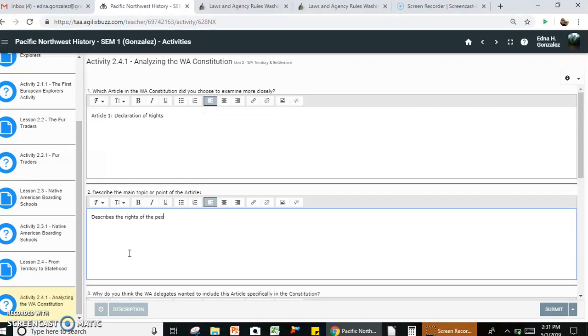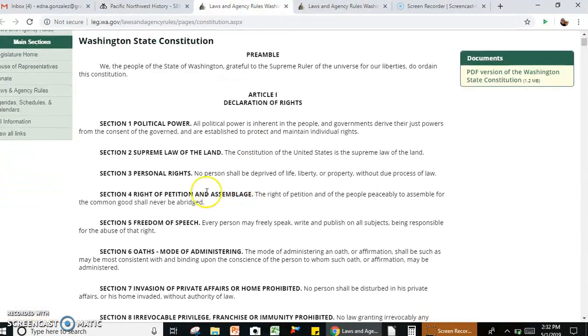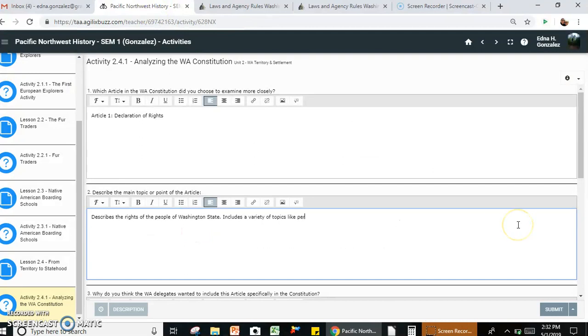So it describes the rights of the people of Washington State. Includes a variety of topics like personal rights, freedom of speech,